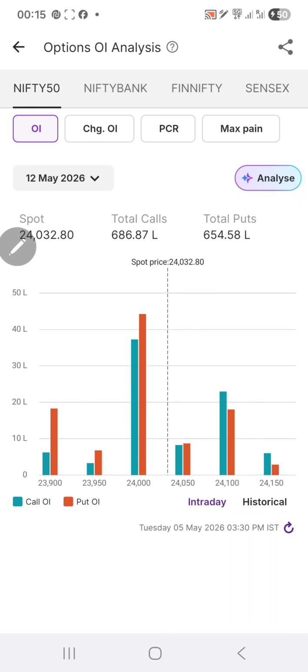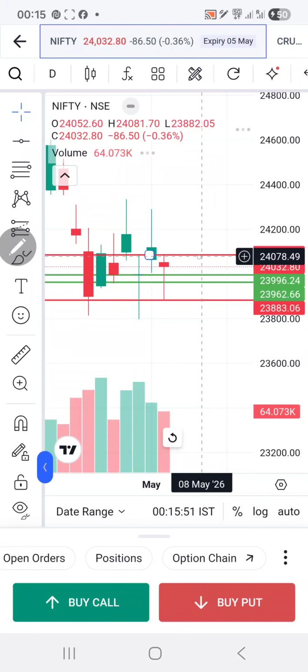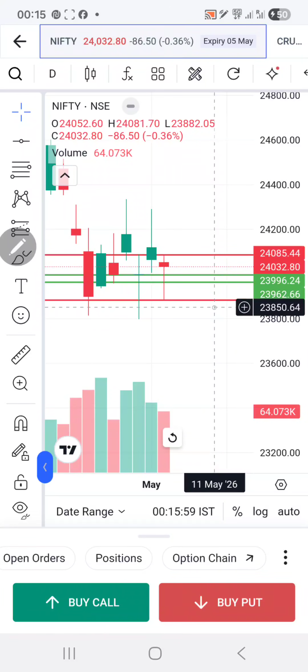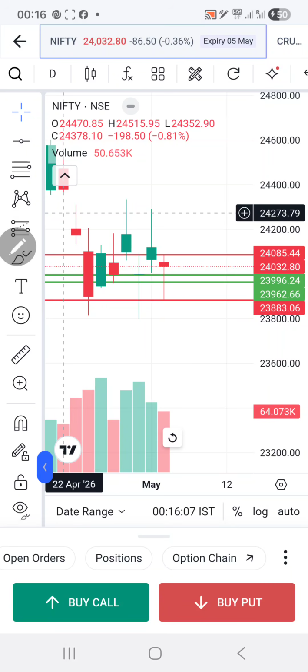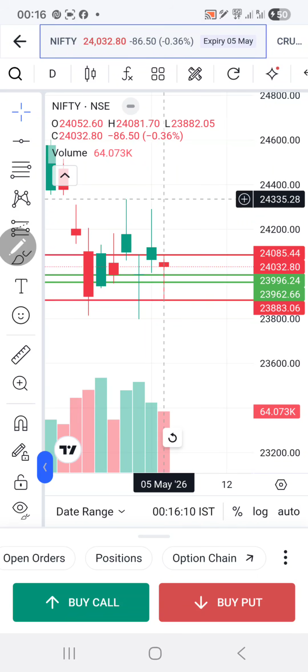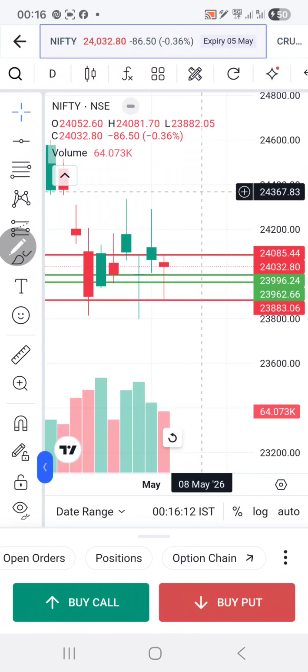Coming to the OI, 686 is close, calls and puts are both equal. So tomorrow it is best for the buyers not to enter, and the sellers also, but sellers may make some money based on disciplined trades between these areas, right? When it goes to here and does not break, it is better to take calls for the upper side, and if the market goes to here and does not break, then better to take puts lower than 23,800.